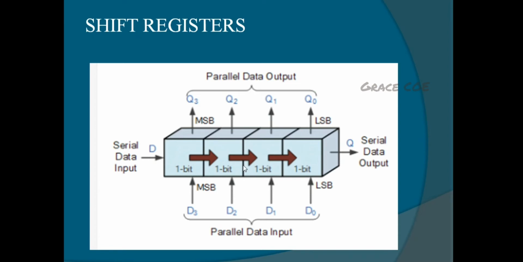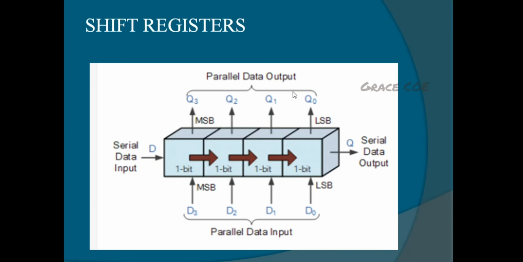Next, if we give the input as parallel input, we can obtain the output serially. In that case, all 4 bits of input data are given simultaneously into the shift register, and we get the output 1 bit at a time, shifted as per the clock cycle. So it stores data, shifts it on a clock-by-clock basis, and delays by the number of stages times the clock period. Then the last one: we give the input in parallel to the shift register, and the output is also obtained in parallel.